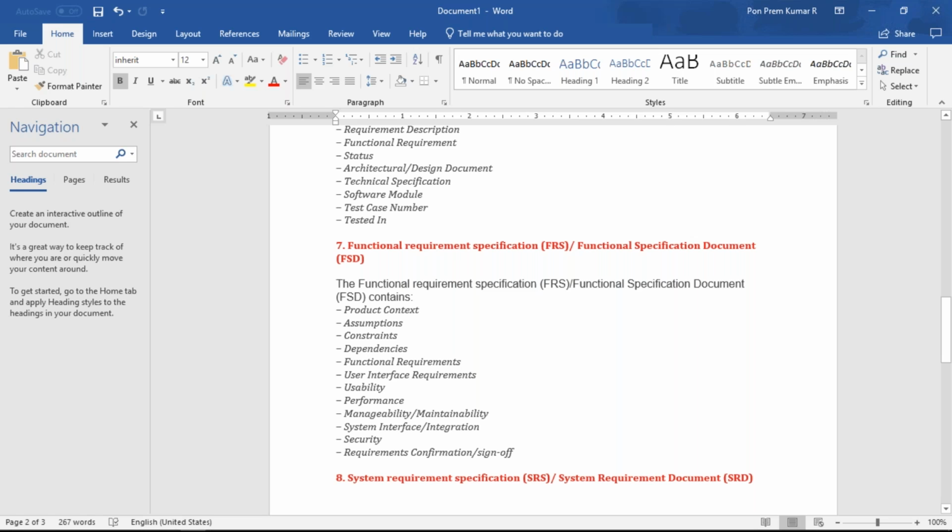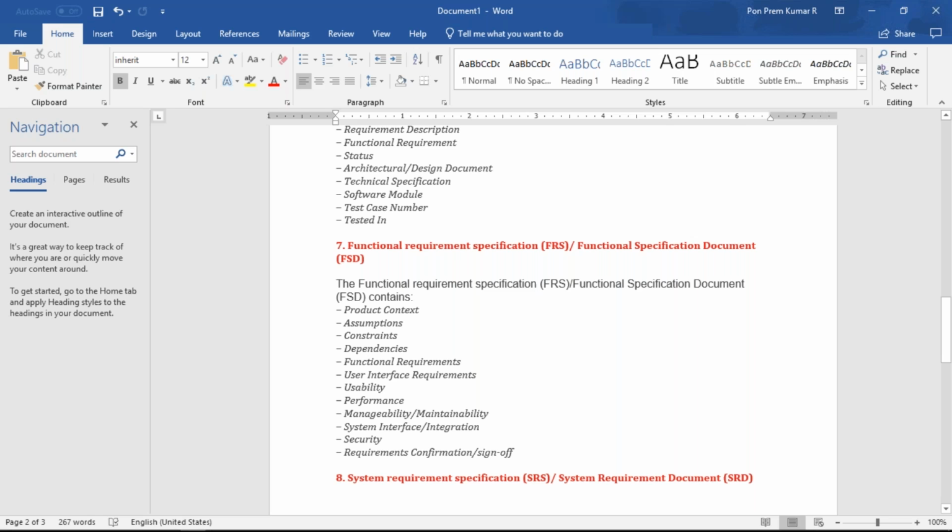Though the owner of the document is the BA, it is equally used by developers, testers, and the client, that is stakeholders. I would call FRD the Bible for both developers and testing people. Test cases are completely written only based on FRD. Hope you might have worked with FRD in your previous company experience. So the areas that we will be covering in the FRD are